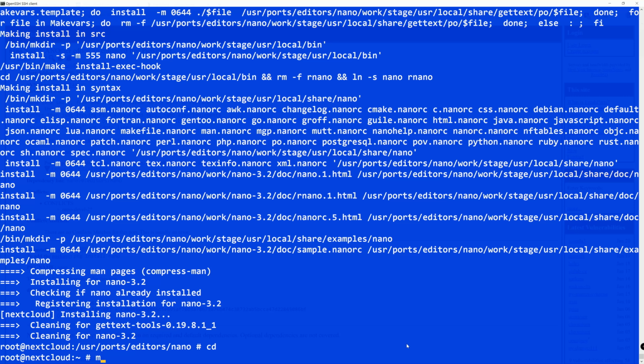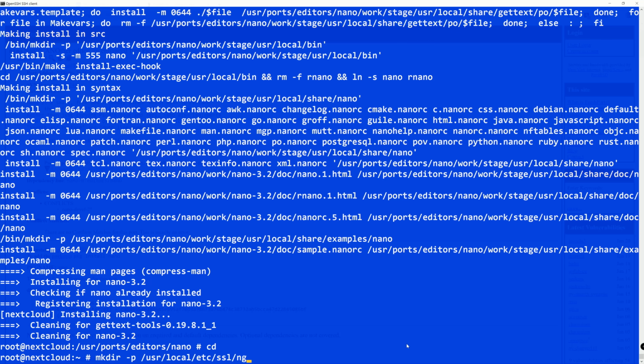The command is mkdir, or make directory, with the path attached to the new folder. So, /usr/local/etc/ssl